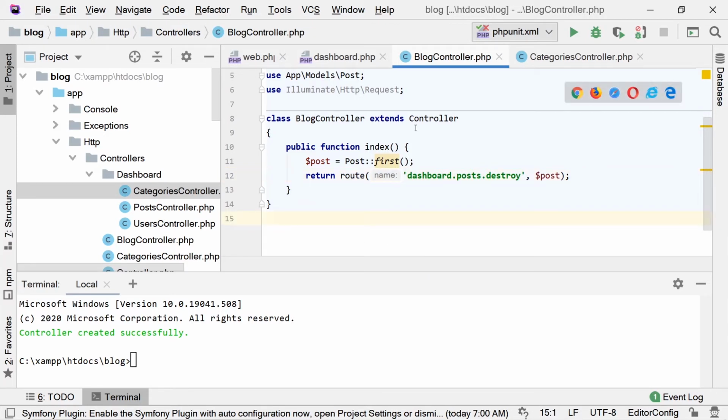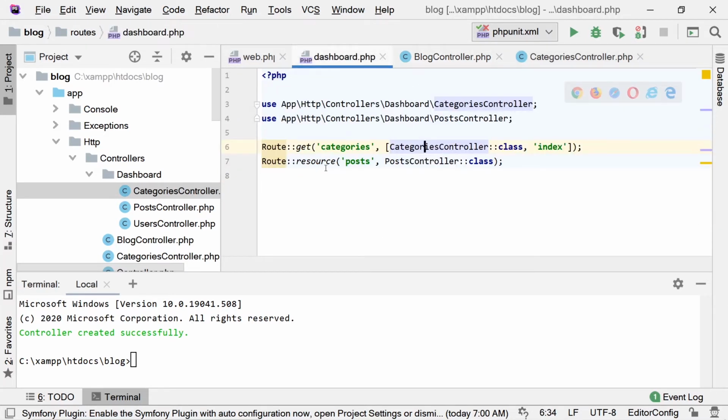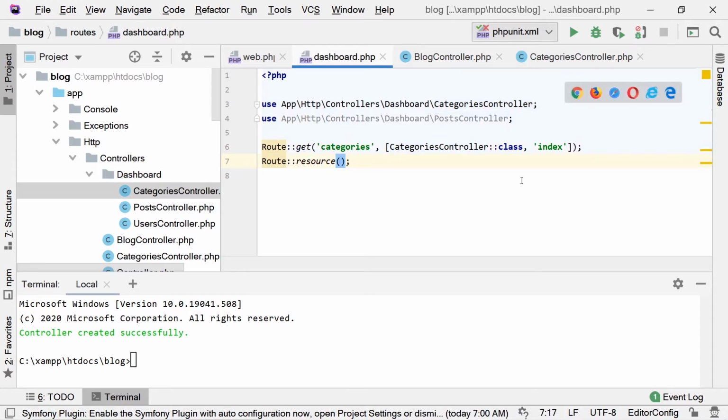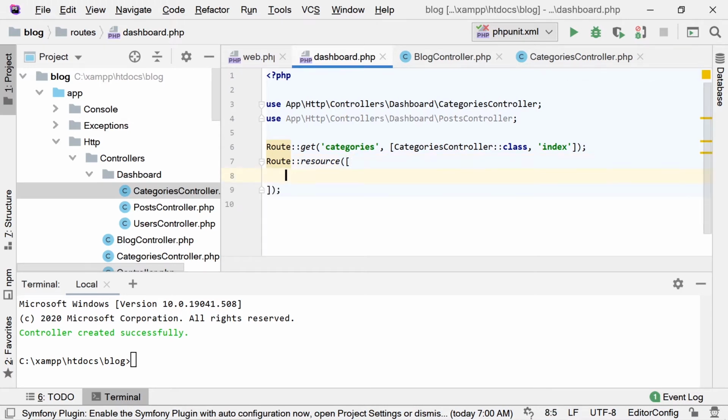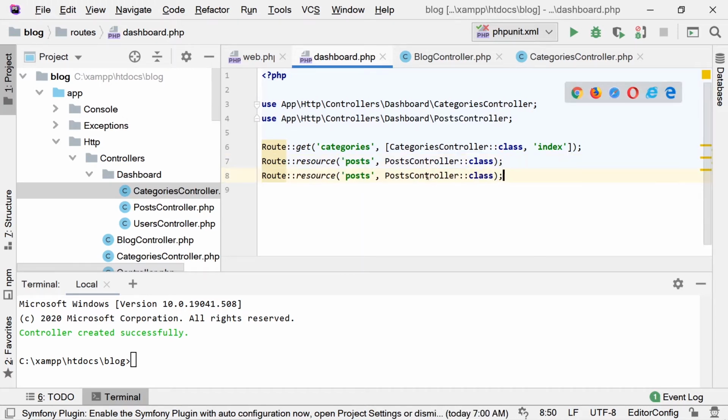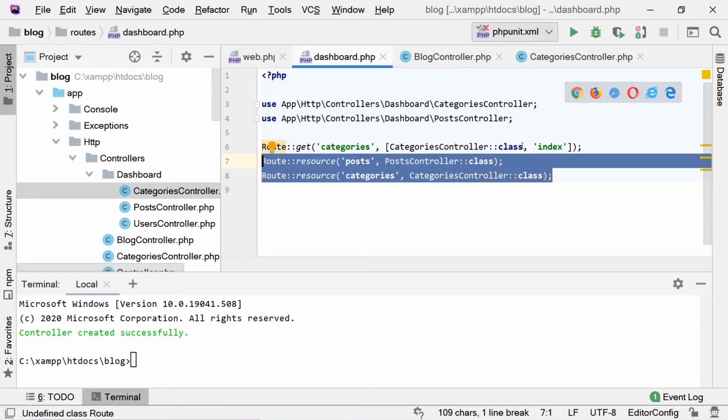For example, define, where is that? So resource. So if we wanted to use several, for example, we have categories, and we also have posts. So what it allows you to do, instead of having to define a resource here and then another resource here for categories, like this, categories, right? Instead of having to do this, you can just do